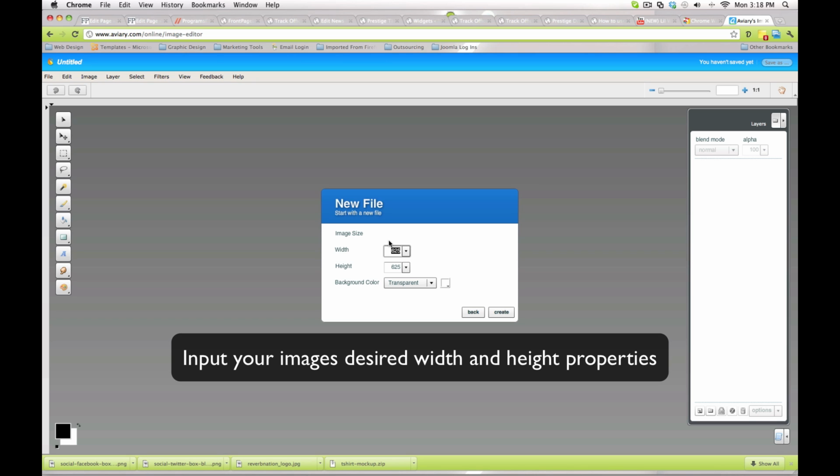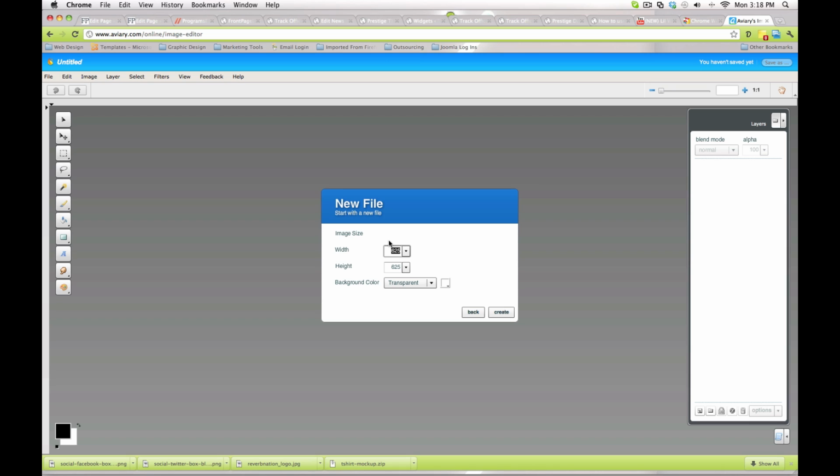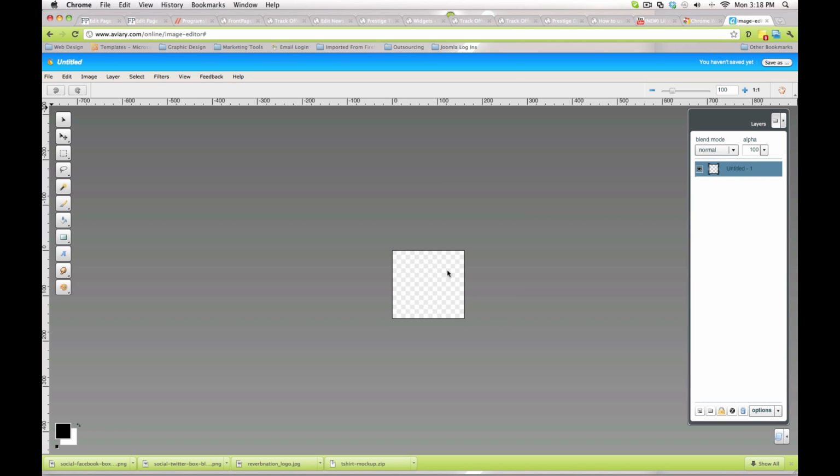Remember, whatever image you're resizing, you type the width and height in here. So for the display item, I'm doing the display item, which is 160 width by 150 height. Then you're going to click create. Now this is the image size, the box size. Right now we're going to put your image on top of that box